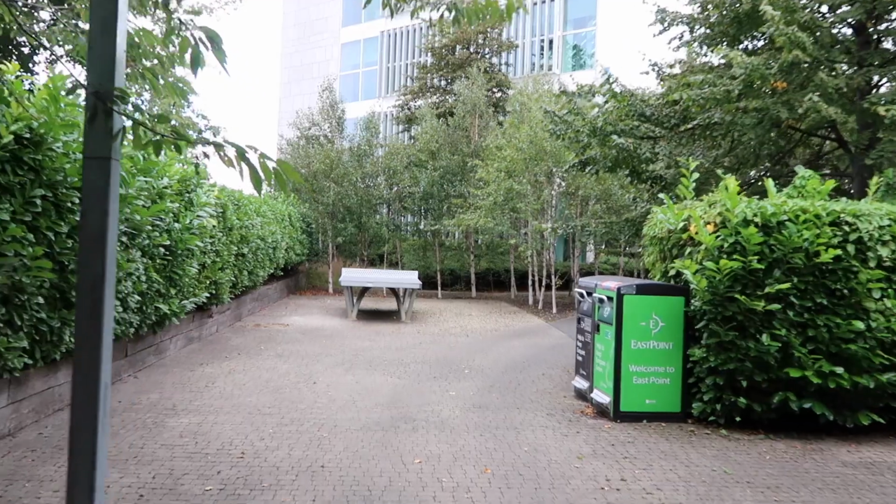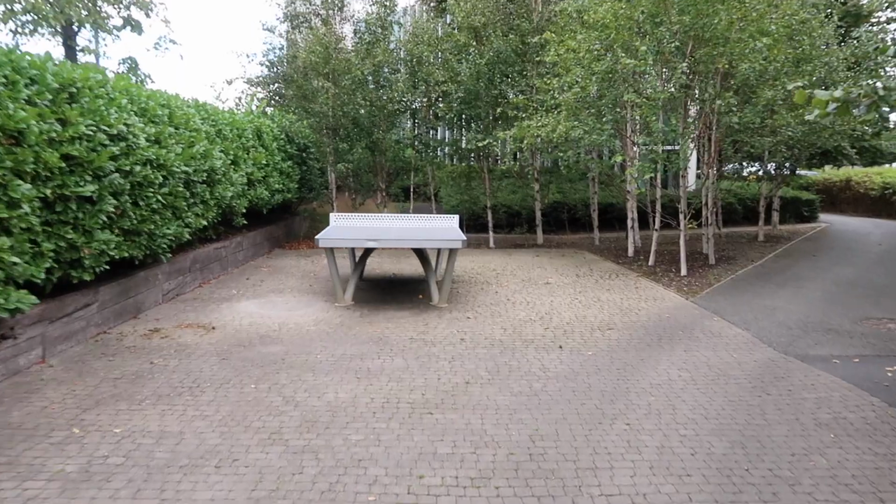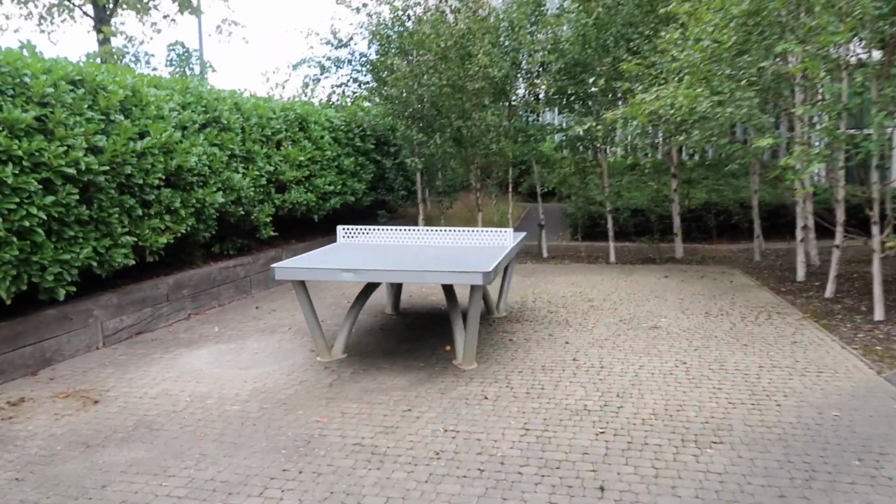In terms of final little points, we have also moved the table tennis table over to the other area outside of Munchies, or what was Munchies. You'll be able to find it over there. And as a last point,